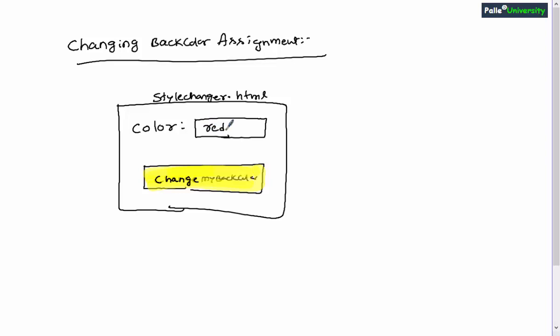Okay, so now my requirement is, when the user gives some background color into the text box and clicks on this button control, I want to change the background color of this button control to the given color. So it means that when the user gives red and then clicks on this button control, the button control's background color must be completely changed to the red color. And the text will be as it is, maybe in the black color, right?